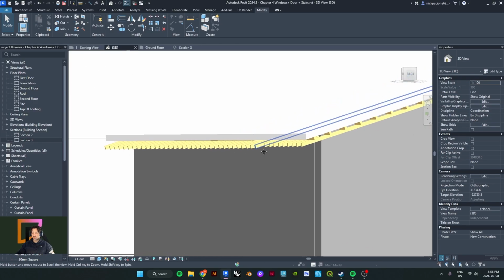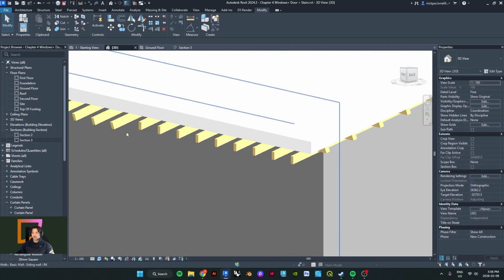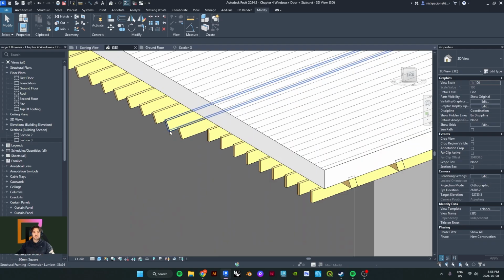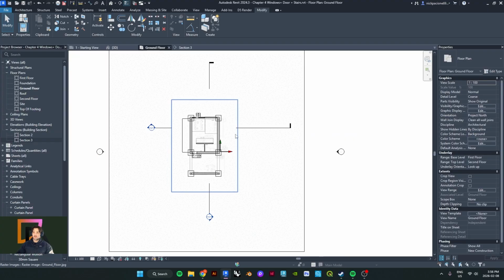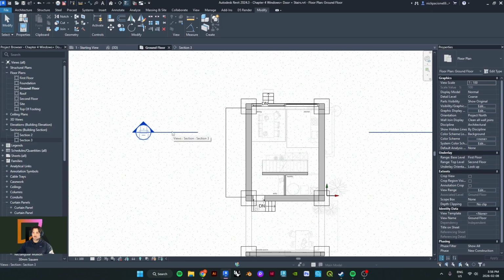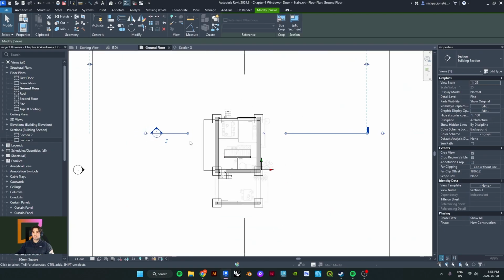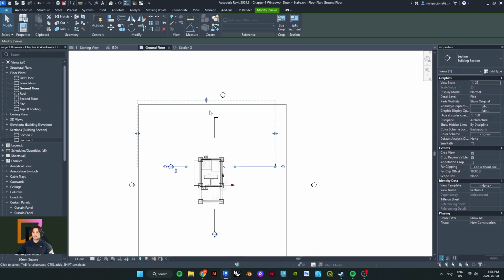So it looks like for some reason, our view distance, if you notice that I cut these rafters, but these ones are not cut, that's because we have to go into the floor plan, and we have to understand where our section is being cut from. So if I hover over this, we know that it's our section because Revit displays what the name of the view is. So when you click on your section, you're going to see this kind of toggle,